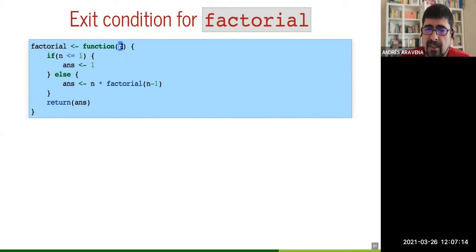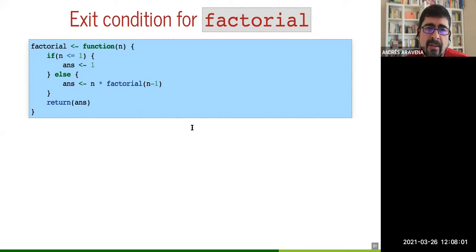You are right. This should be used only with integers, but if not using integers, it will still work, giving an answer that probably is the wrong answer, but it will not go forever. Precisely for the point that we were saying, even if you say 5.37, in every step the problem is simpler in the sense that we are taking n minus 1. And it will be smaller and smaller, and eventually will be less than 1. And if it's less than 1, we have an exit condition and we stop. Let me tell you the other part.